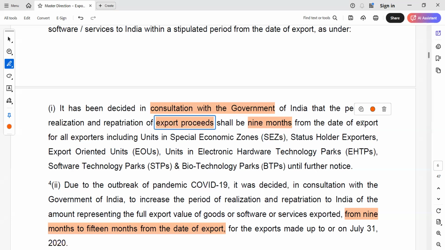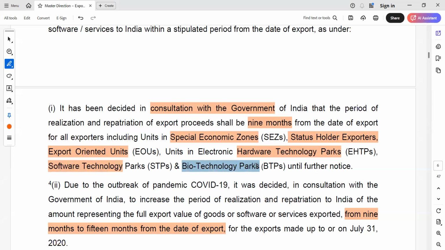So that is 9 month from the date of export, for all exporter including special economic zone, status holder exporter, export oriented units, unit in electronic hardware technology park, software technology park, biotechnology park, until further notice. So इन सब जोन में अगर स्पेशल इकोनॉमिक जोन में भी कोई कंपनी काम कर रही है, in that case also they have to get the payment in 9 month. This is very important. ये फ्रेंड्स ये क्वेश्चन बहुत बार एग्जाम में पूछा जा चुका है, so you can remember that 9 month is the